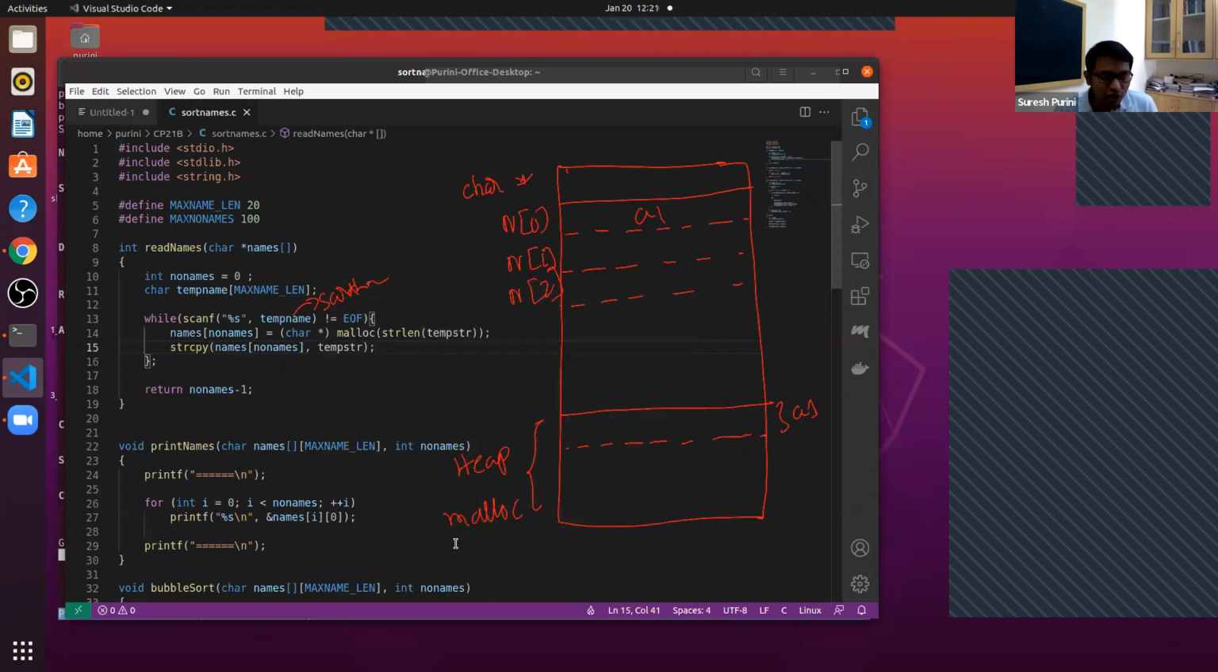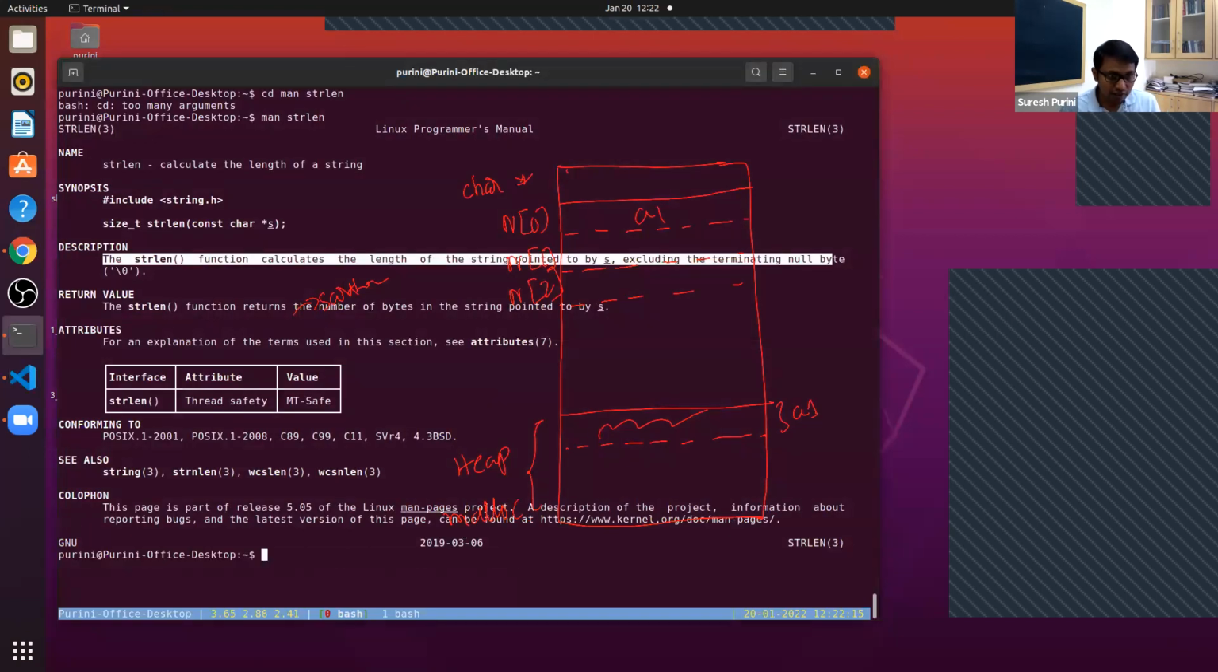So when you do this copying, the temp string, the temp name, is allocated memory on the stack. And now we are copying it to the new place. Default is void, because the memory that is allocated can be for any purpose. So if you see man,